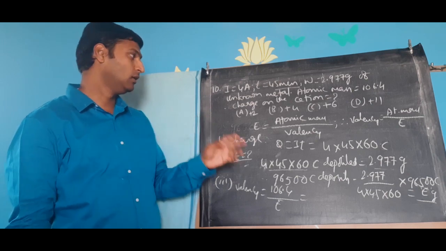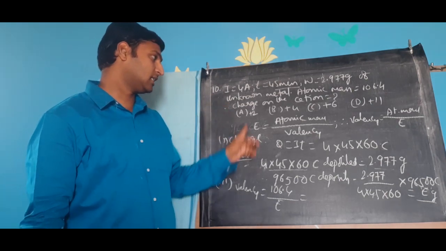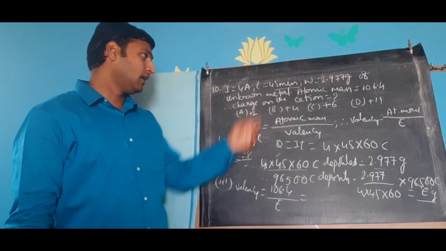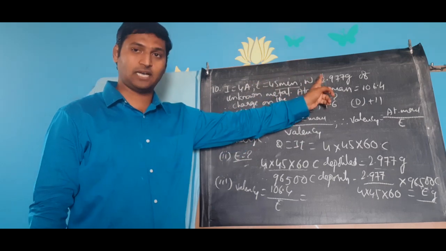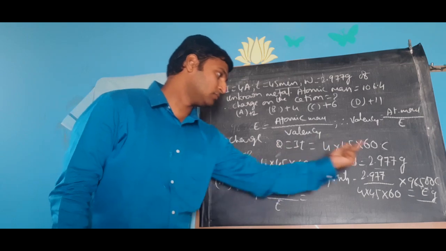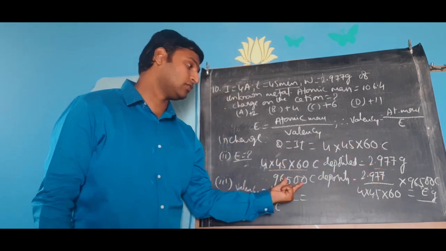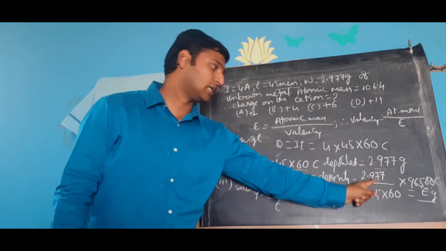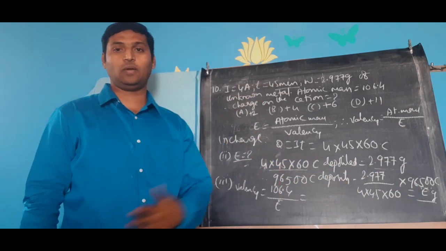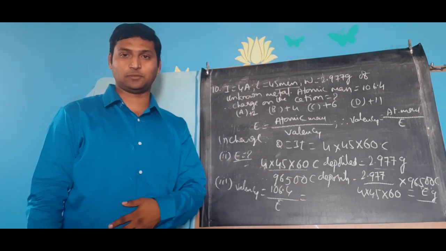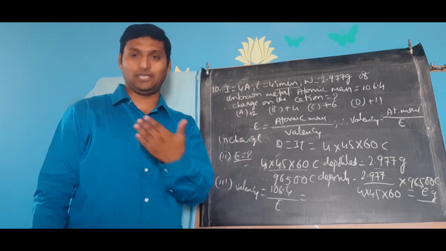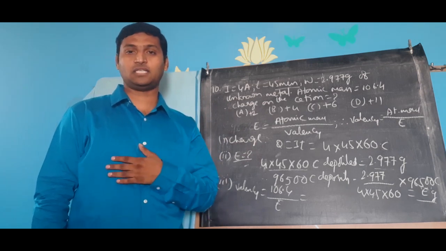Okay. So we found the charge that comes from the given amount of current and time. Then he has already given how much mass that much charge deposited. So we identified so many coulombs depositing so much mass. So 96,500 coulombs would deposit how much mass, because that mass would be the equivalent mass. Then we divided the atomic mass by equivalent mass to get the valency or charge on the cation. That is problem number 10, more familiar in entrances, a more familiar pattern of asking questions in entrances.